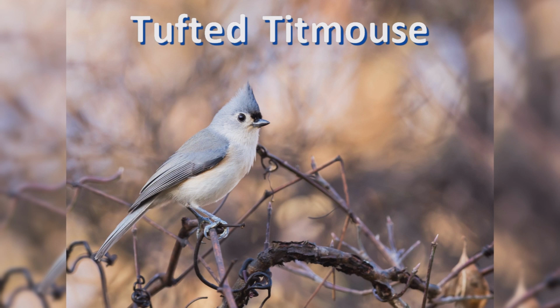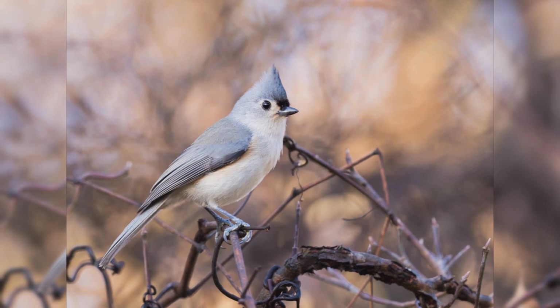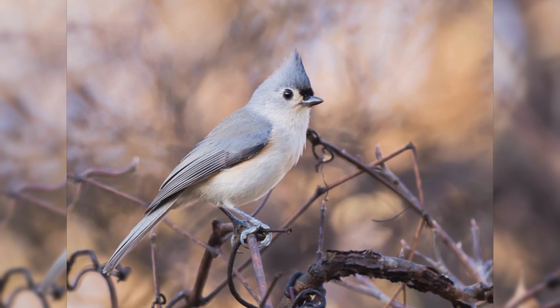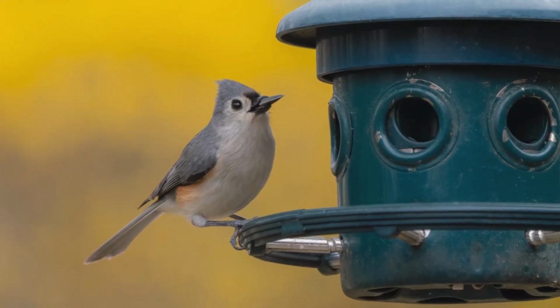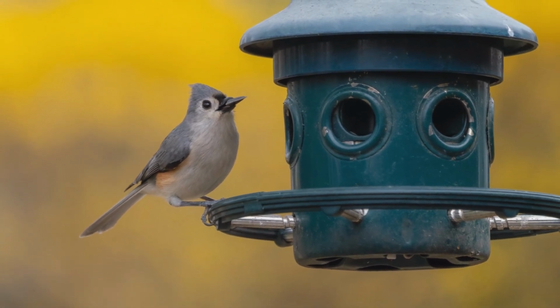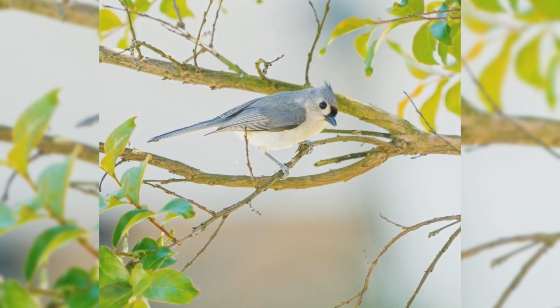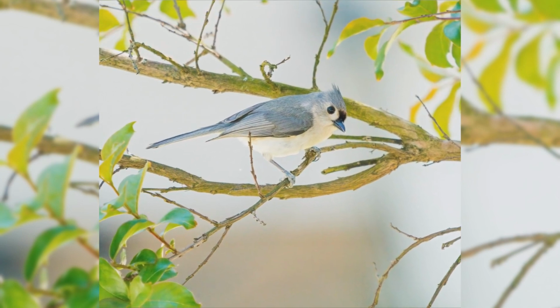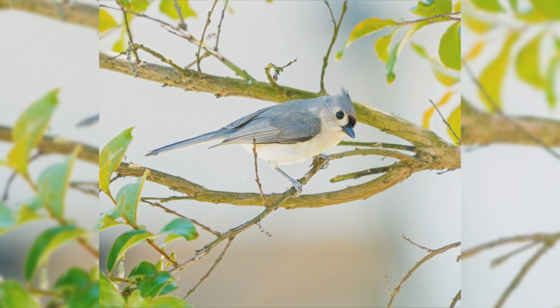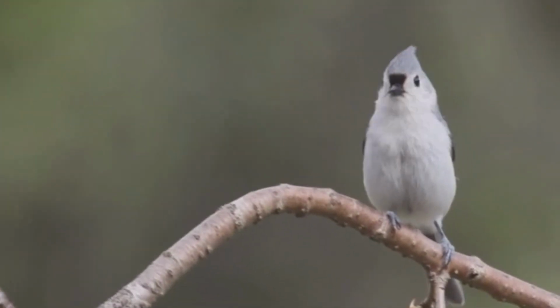Tufted Titmouse. Tufted titmice are one of the favorite feeder birds in the East. They are year-round residents from the Northeast to the Midwest and south to Florida and eastern Texas. These birds like deciduous and mixed woods. They are found in parks, orchards, and residential areas with large trees. They are acrobatic as they move through the tree canopy, but you will often hear them first, as they have